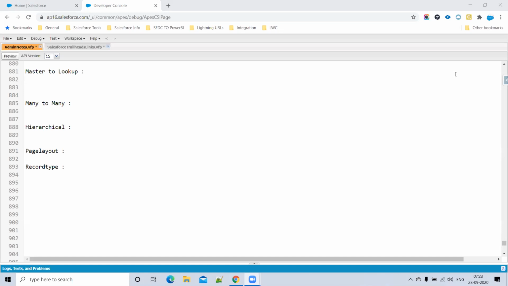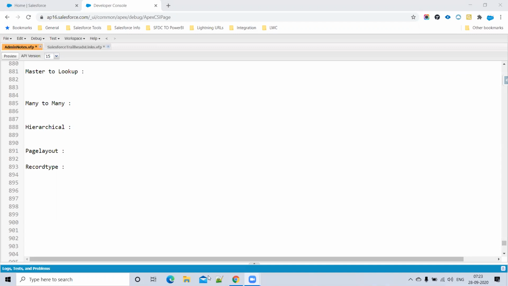And each profile is assigned a page layout. So if an object has multiple record types, you would have the ability to create multiple page layouts for the same object based on the record type for a specific profile.